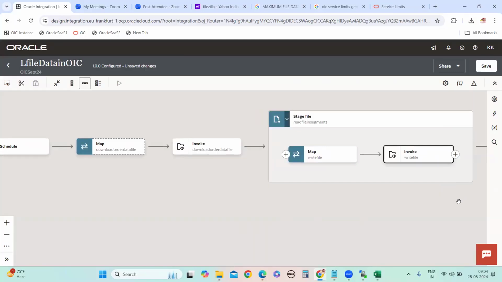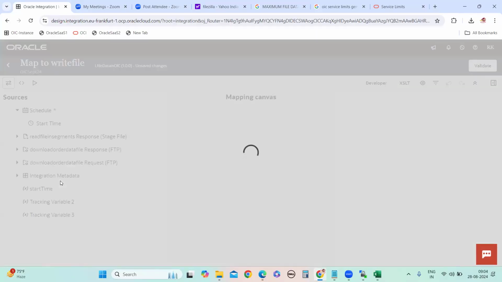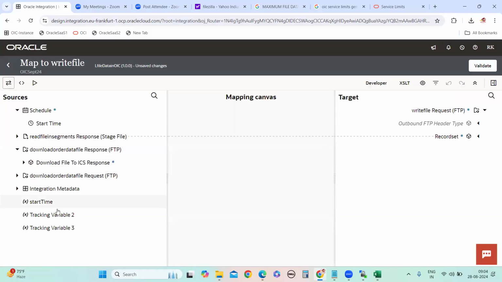So if you see the mapper here, we have mapped the data, right?